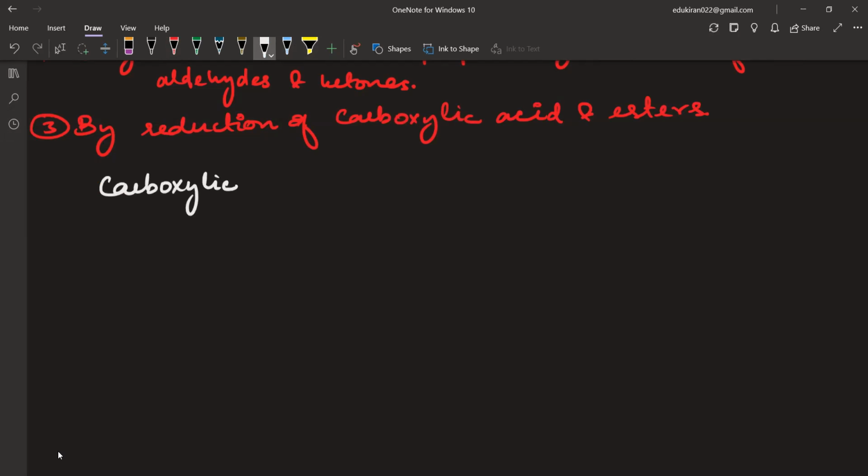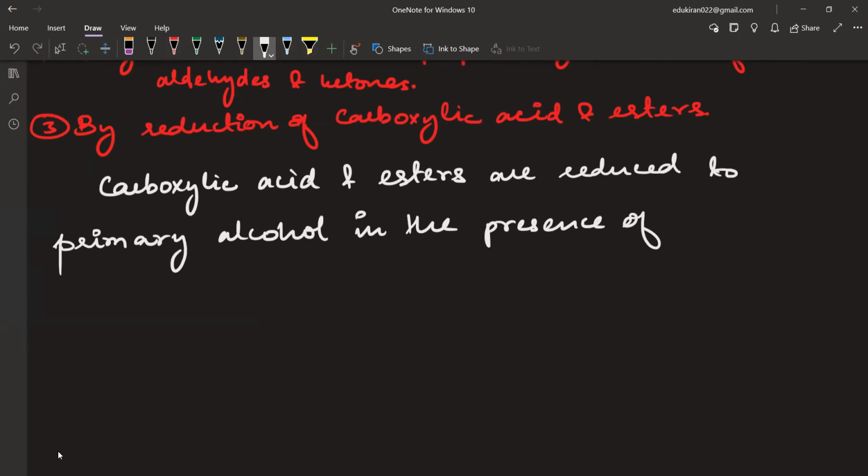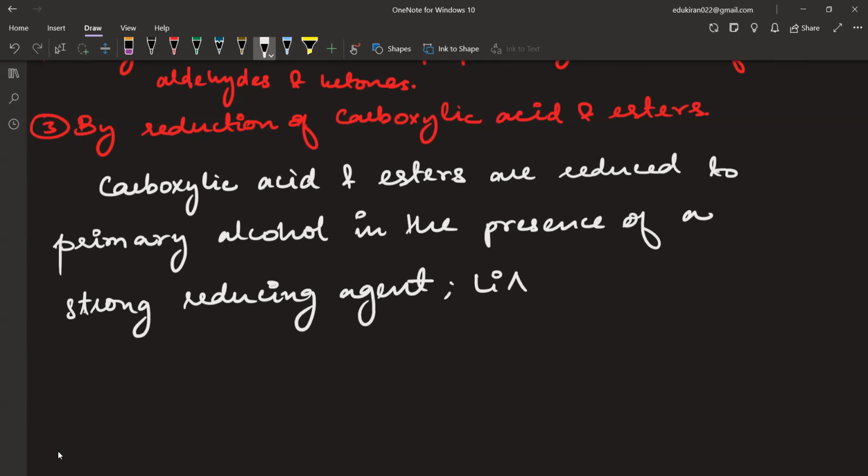Carboxylic acid and esters are reduced to primary alcohol in the presence of a strong reducing agent, and that reducing agent is LiAlH4, lithium aluminium hydride. My teacher used to say lithium aluminium hydride is the